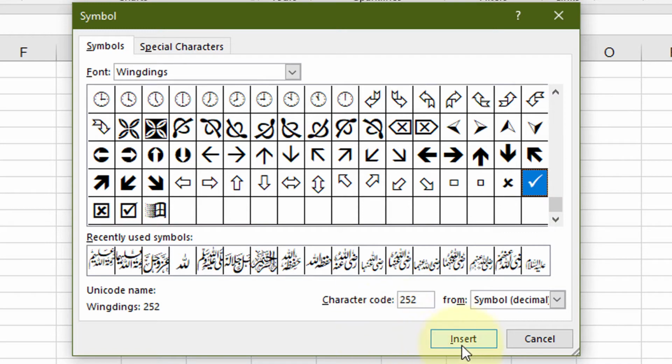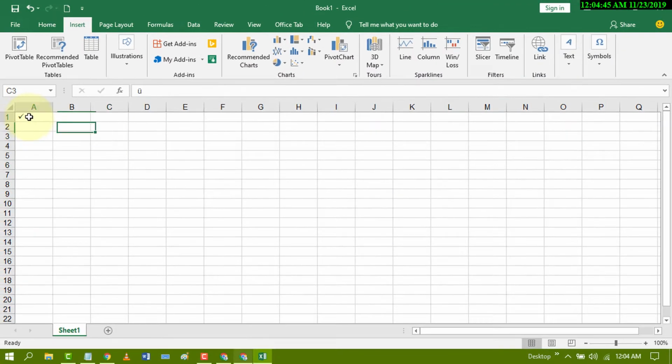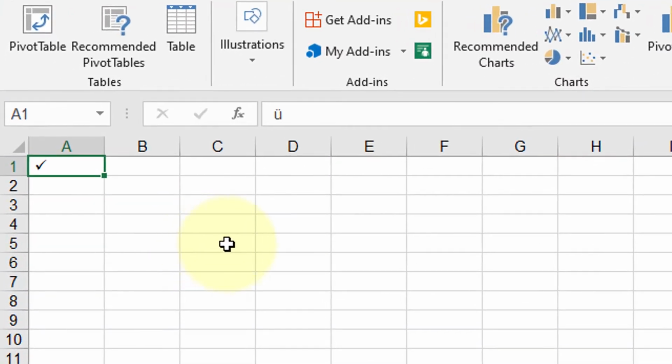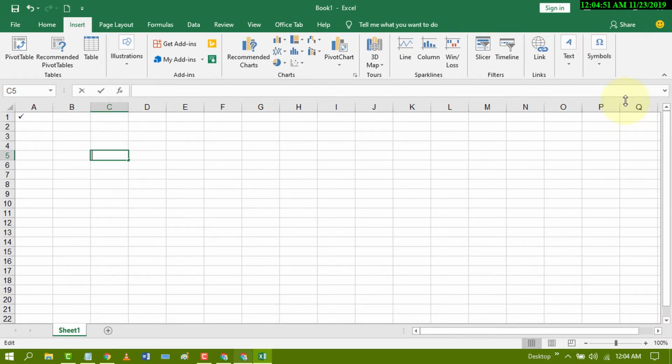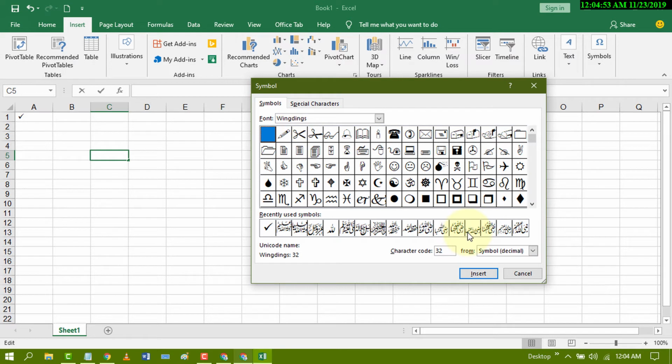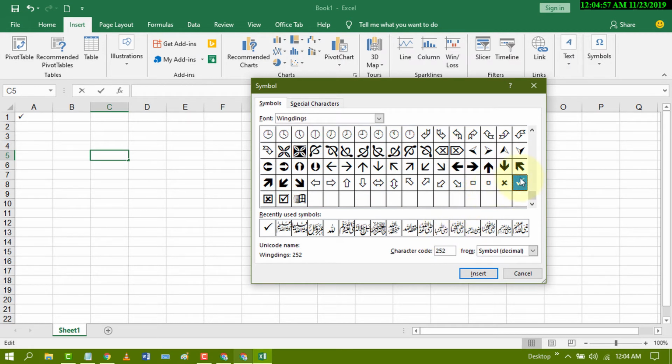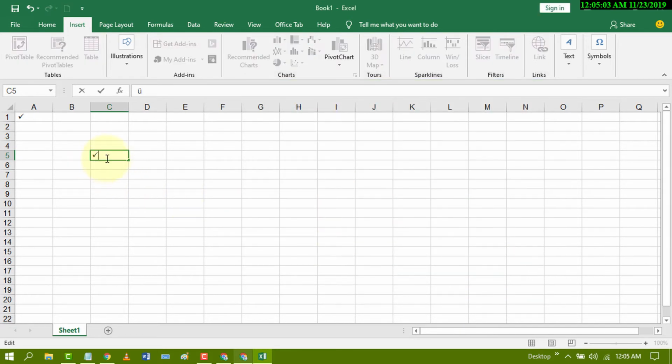and click on insert. So select cell where you want to insert symbol, Wingdings and 252 character, this one, and click on insert. Close. You can customize